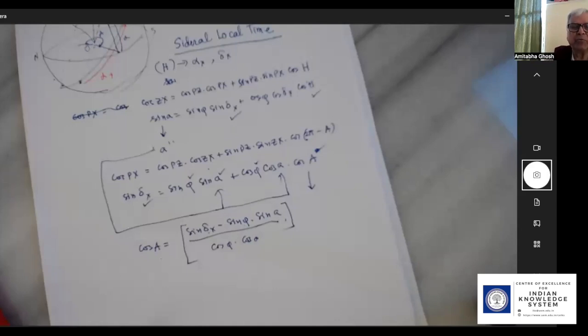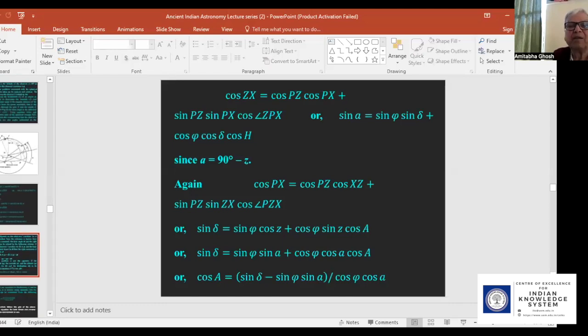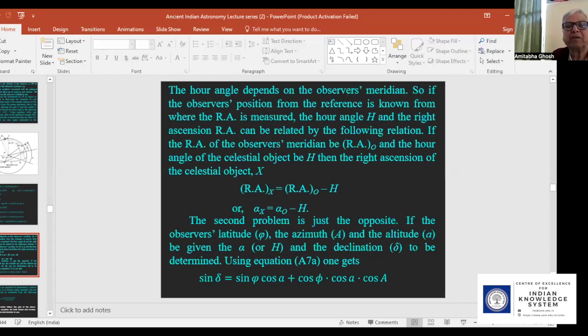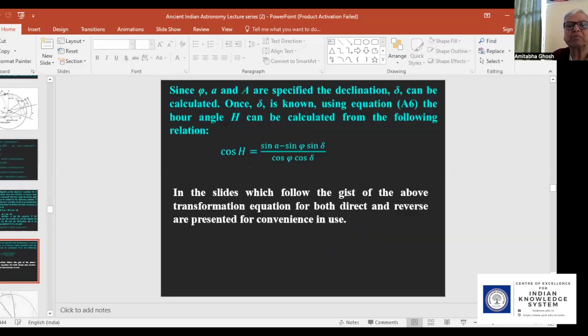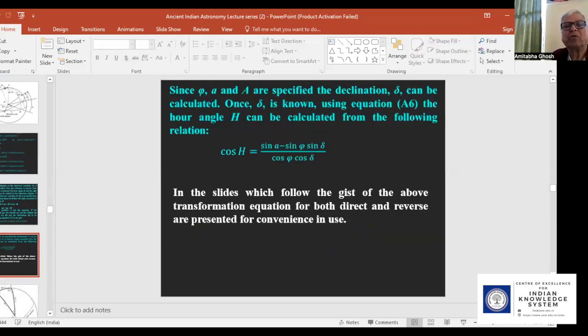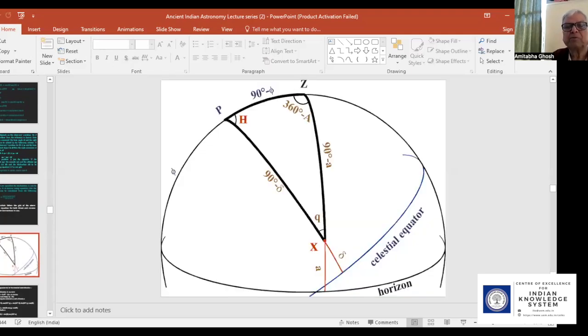Now if you want to go to the equatorial ecliptic system, I will not go into the details. They are here. You can see this hour angle, RAX, these things are all explained. So this is how the hour angle, that is the previous one, that means converting from horizontal to equatorial. So this is the thing we have been doing so far. This is in a better way. This is the pole, this is the latitude, this is the zenith, this is